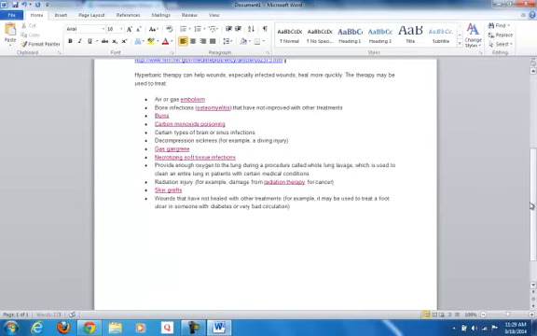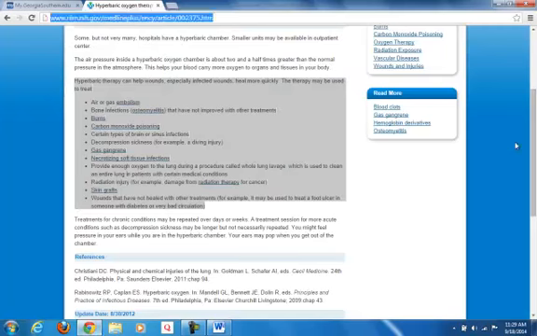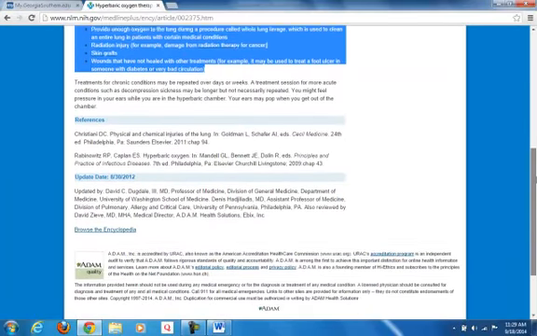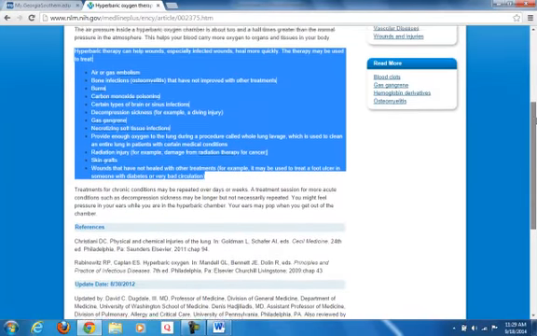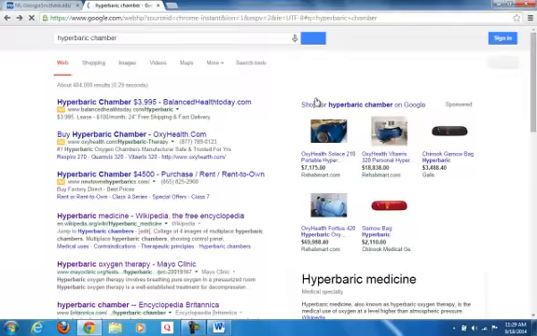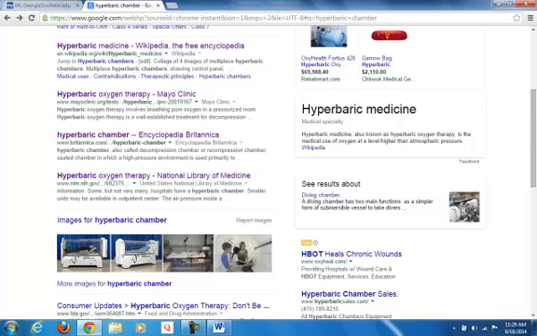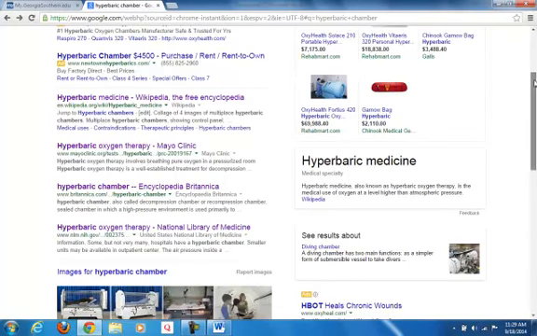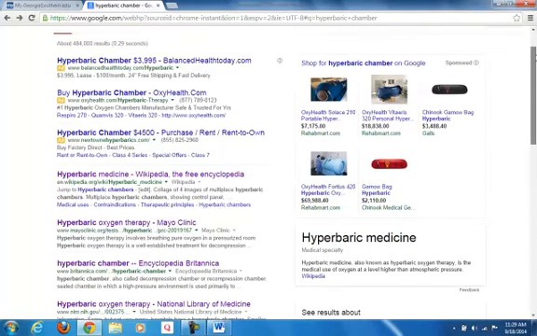Okay, so now I'm going to go back, and I don't really see anything else on this page that I like. I'm going to back out. So now I kind of want to get a little bit better feel of what hyperbaric chambers actually are. So I think I'm going to try to find a hyperbaric chamber